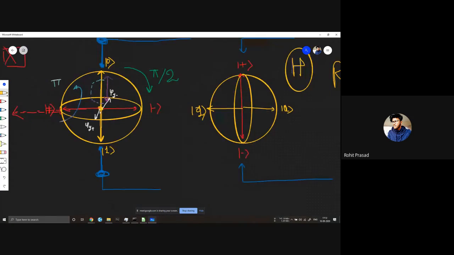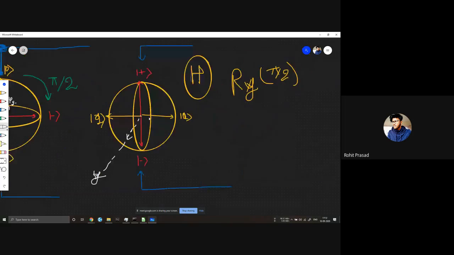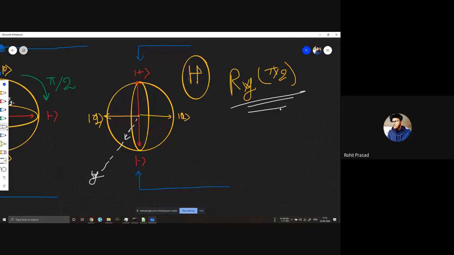But this is your y-axis, right? This is coming out. So if the whole thing rotates by pi by 2, this thing will go something like that, and your z-axis will always be here. It's coming out. This is your y-axis. So you can do the same thing with this one also. Ry pi by 2 anti-clockwise. Wait, the anti-clockwise is positive, right? So it will be minus pi by 2.